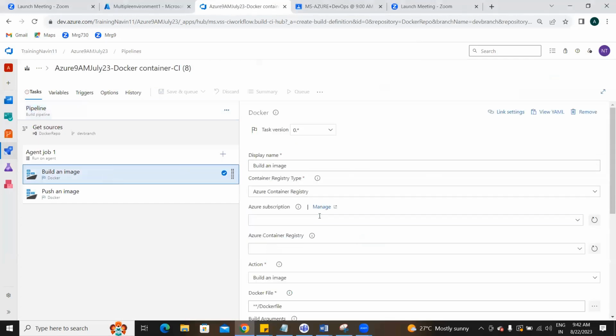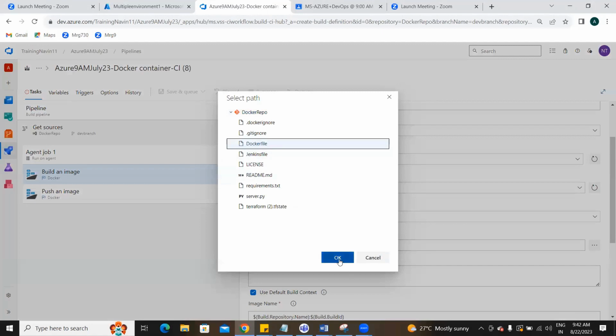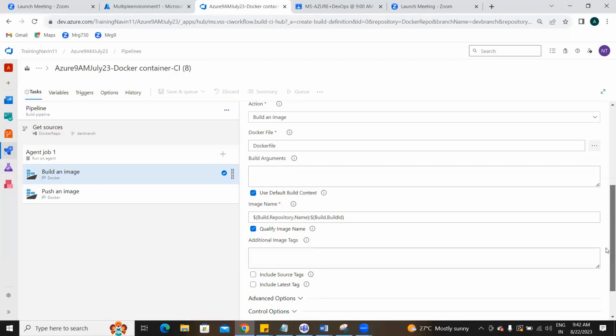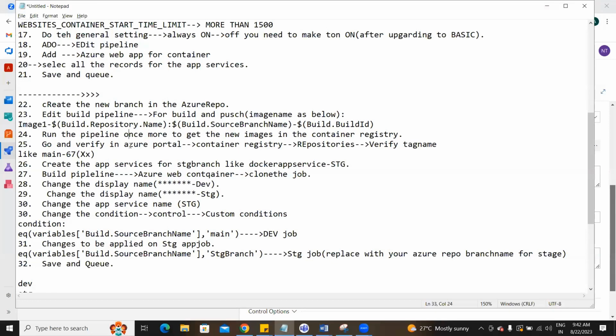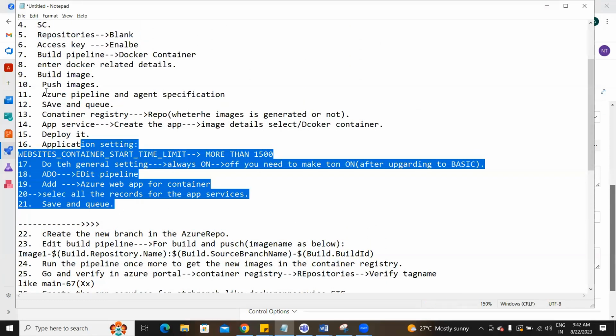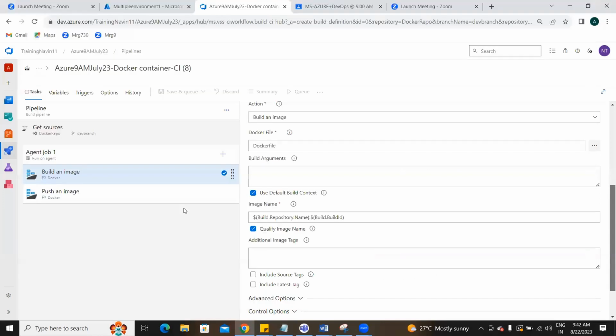Okay, I'll come back to this first. Subscription is my new service connection. My job is multiple environment. Multiple environment, come down here. Okay, the Docker file I need to choose. My Docker file is here with me. Come here. So here, I don't want to make any changes here. Okay, you understand? I don't want to make any changes in this. Okay, till here, it's two parts. I divide into two parts, buddy. One part in this normal way, another part in a different way. Okay, we'll see. Till here, it's okay.